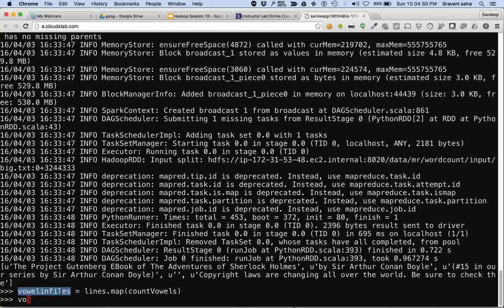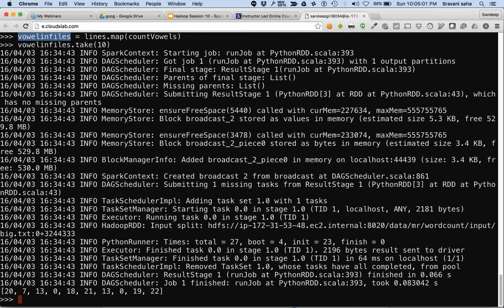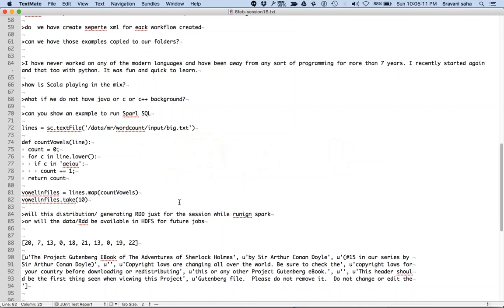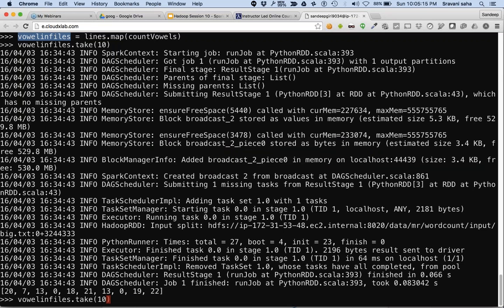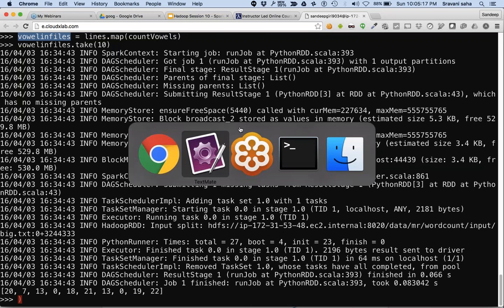But nothing is there right now unless we execute an action. And the action we are going to execute is called take. You can see that we have just done take first 10 elements. So we have successfully been able to run map over the elements. Good.